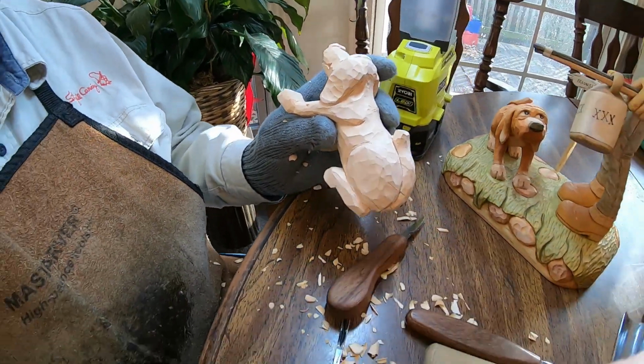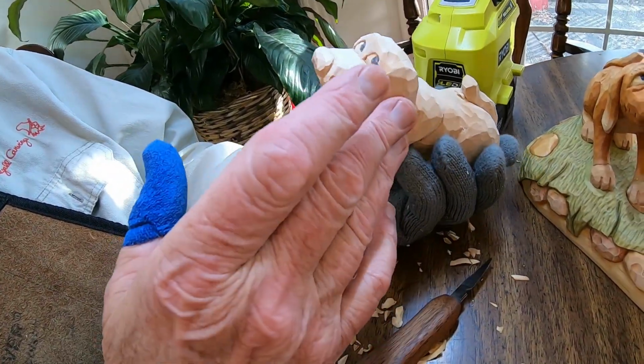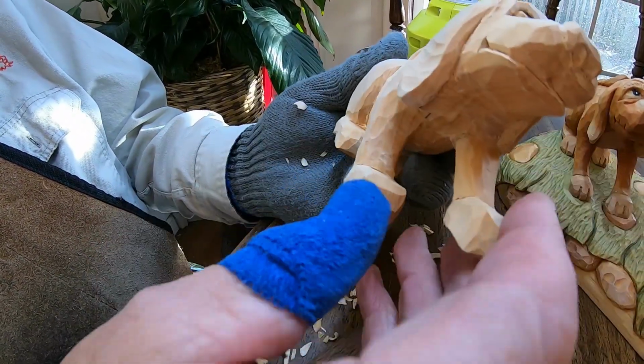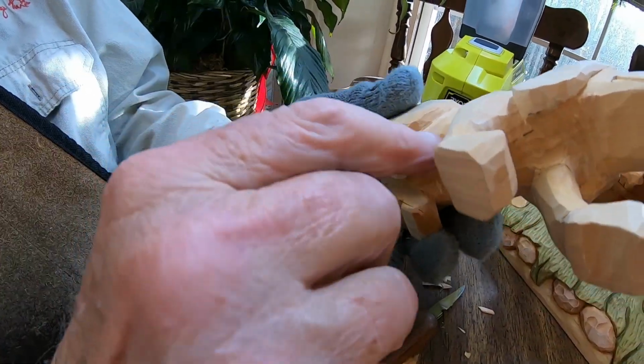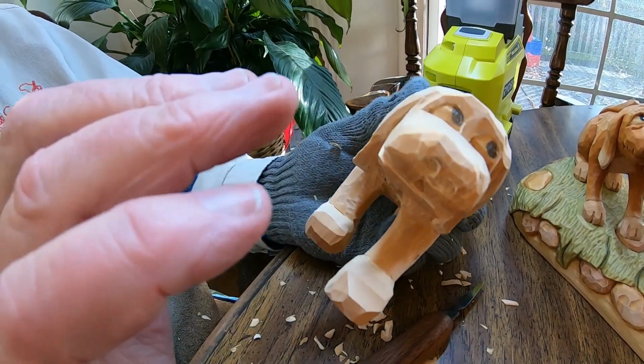Now, with that, we got the face in. I got these ears in. Off camera, I'm going to go in and I'm going to clean him up. And I'll probably thin these legs just a little bit more, round these up, and I'll get ready for us to put in the final